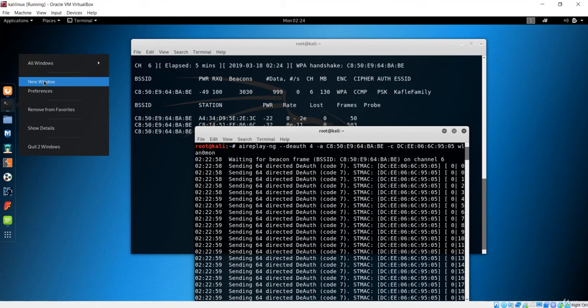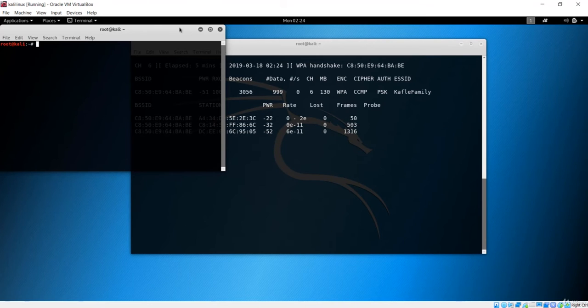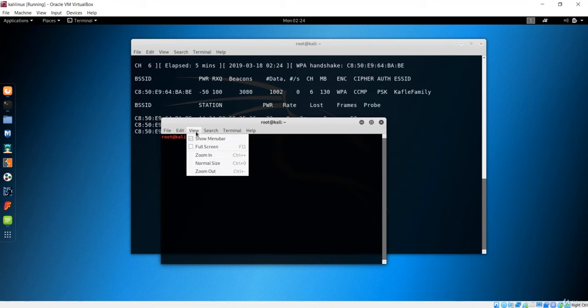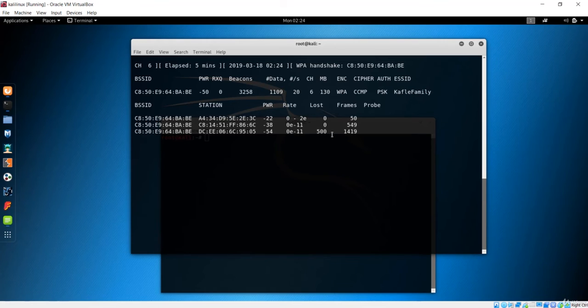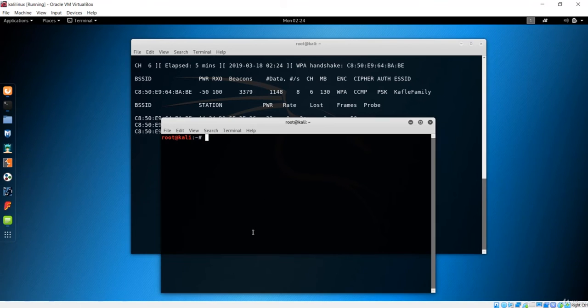So I'll open a new terminal one more time, or you can also use this one. I'll use a new one, and over here what you need to do is use the crunch application. Crunch is the application that is going to give us the word list. A word list is basically a collection of digits or numbers that this WPA network could use as a password. The password can be a collection of digits, special characters, numbers, or alphabets. So we have to create that using crunch.